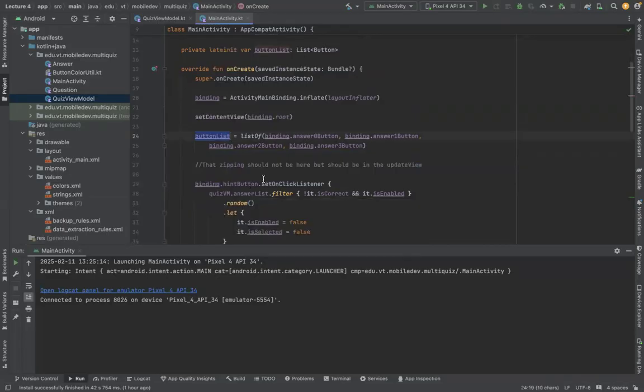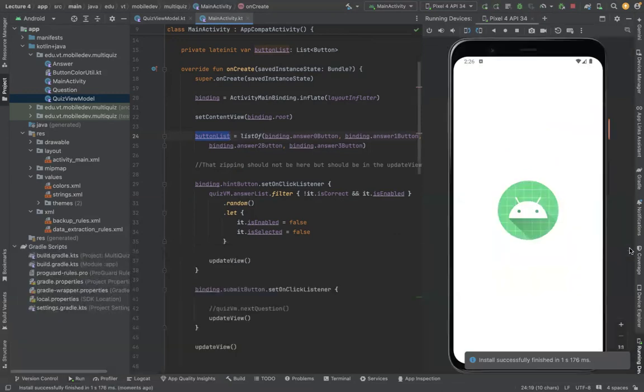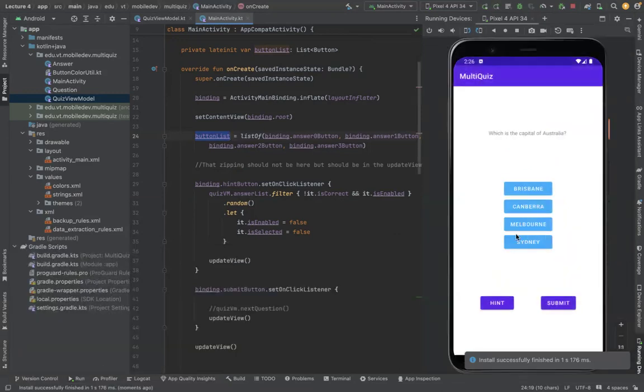So let me show you, run the launch on the device. So basically what I'm saying is if I click on Brisbane or whatever, I think this code is not working, but basically if I submit, actually the submit is not working. I've not created it. Basically, if it goes to the next question, then